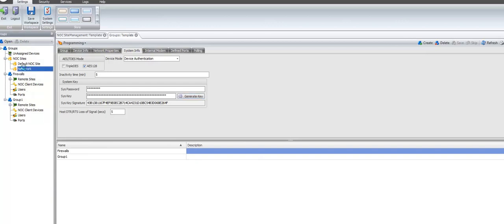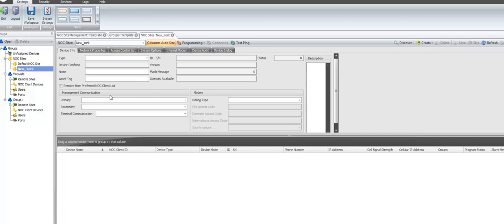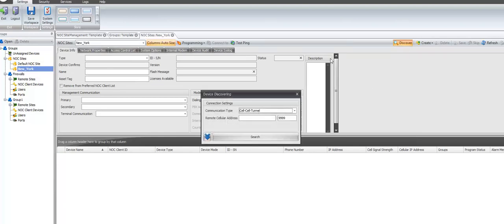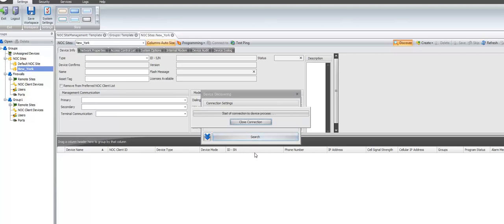So the first thing I want to do is populate my NOC site, and again we're going to use Discover. I am going to use Network Direct because this is a head-end device, and I happen to have already programmed a device. You remember that you have to have this device on the network, and it already has to have an IP address. You can do that through a web browser. Default IP is 199.199.199.1, and